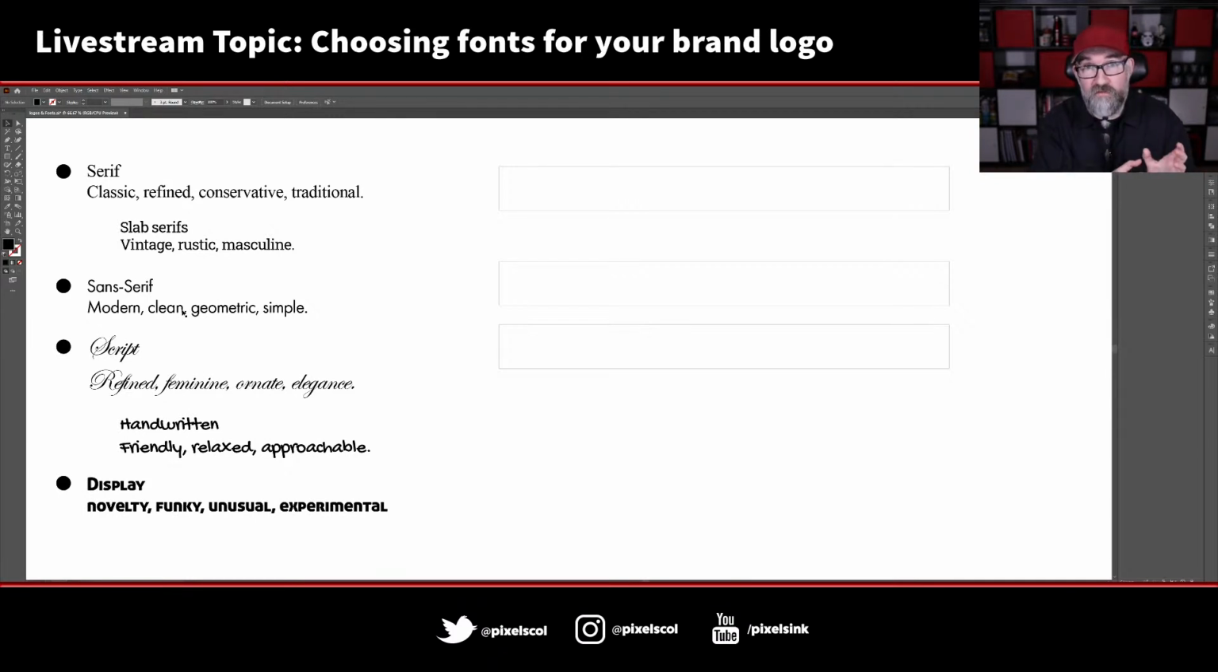But display fonts are really good for logos, because logos tend to be the company name, so it's usually quite short. But using a display font, you'll get a bit more character. If you're looking for something, like I say, novelty, unusual, a bit more funky, something that stands out, you probably